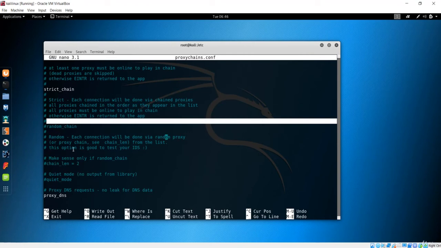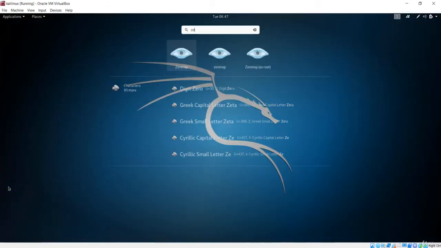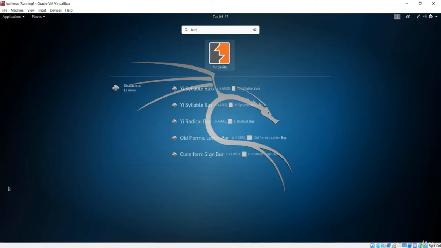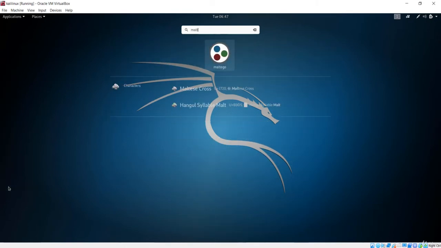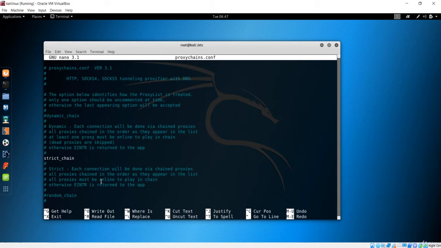We'll see about this in a minute, but here you can see that proxy chain can also be used with different servers like a Sendmail server or a Squid server, and it can also be used to handle client applications. I have already told you that anything you do in this machine will remain anonymous if you use these proxy chains. That means if you use Genmap, Burpsuite, Maltego or any application in Kali Linux, it will remain anonymous, so no one can trace you.